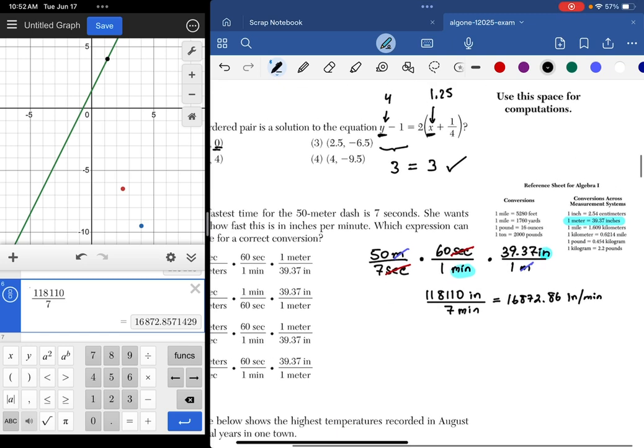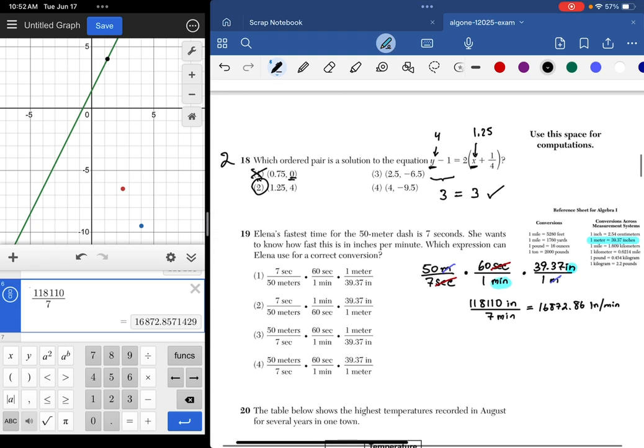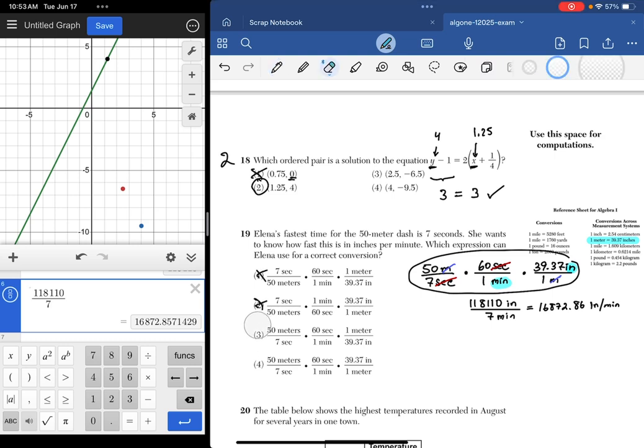All right, that's all well and good, extra stuff that I just showed you that this question's not asking for, but it could. They cared more about this. So we start off with 50 up top and 7 on the bottom, so let's get rid of these two. The second thing that we did was seconds and minutes. Both of these choices, 3 and 4, have that same thing, but it isn't until we get to choice 4 that we see that we have that proper ratio at the end. So choice 4.